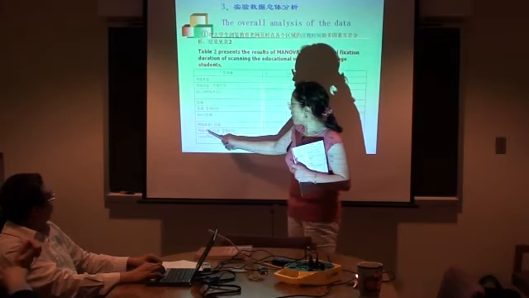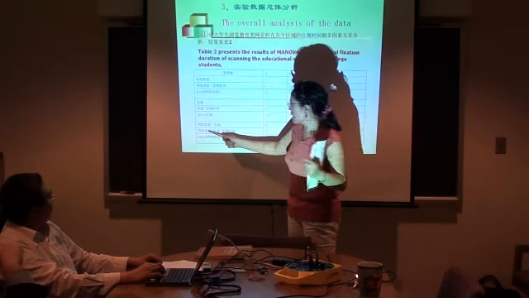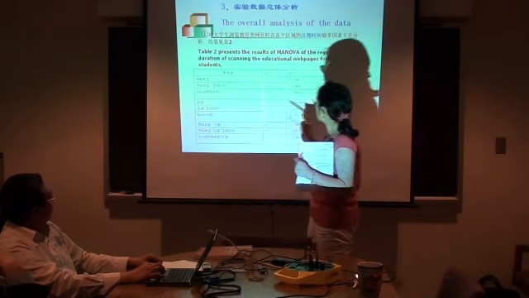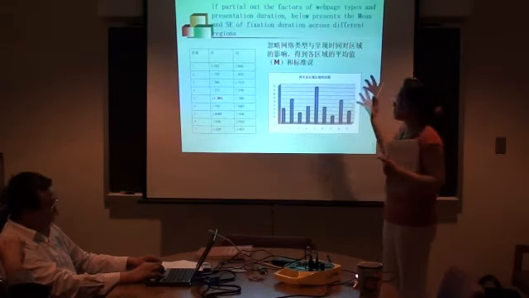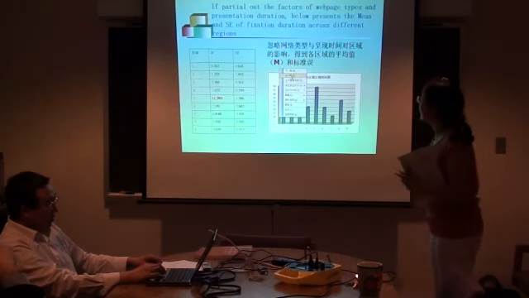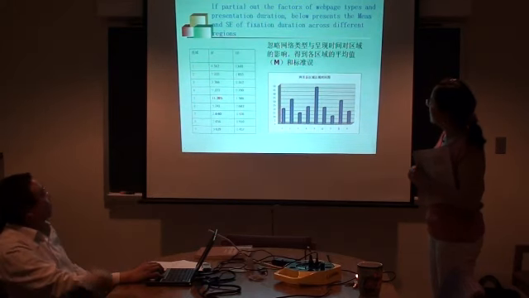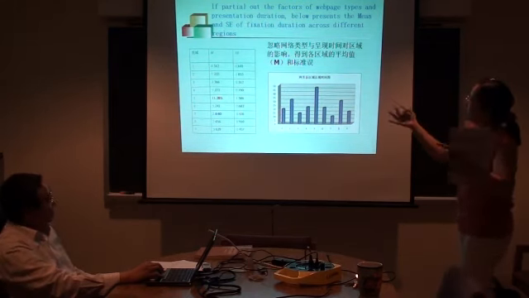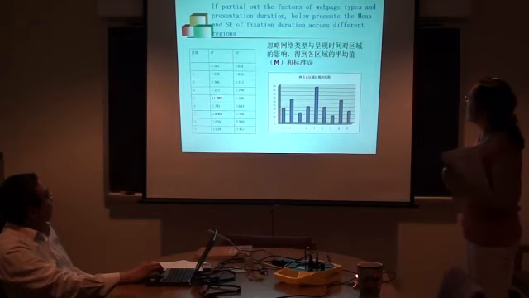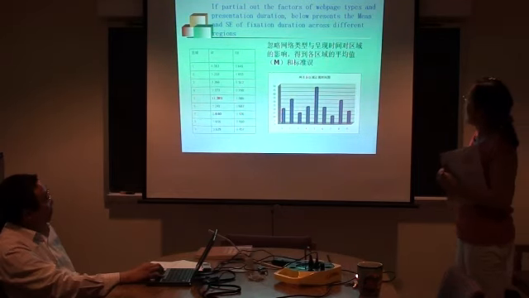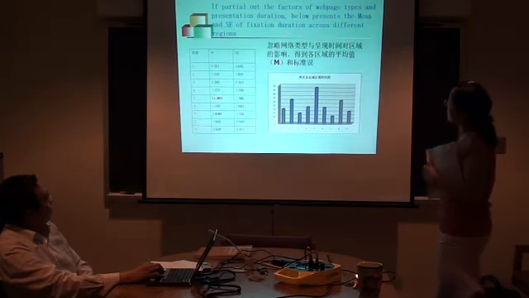This is the interaction between the types of web page material, the region, and presentation duration. That's the error term, and degrees of freedom. That's the basic result. We don't have to get into that in detail. The main thing now is the data on the next slide. The previous one was the overall analysis of variance. If we partial out the factors of web page type and presentation duration, below are the mean and standard error of fixation duration across different regions.